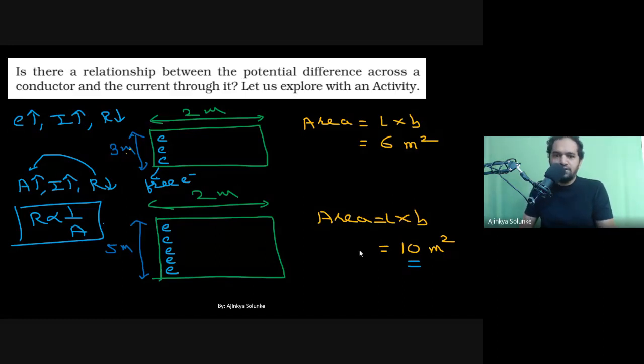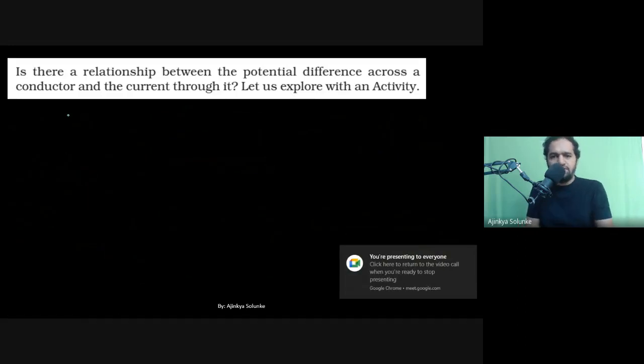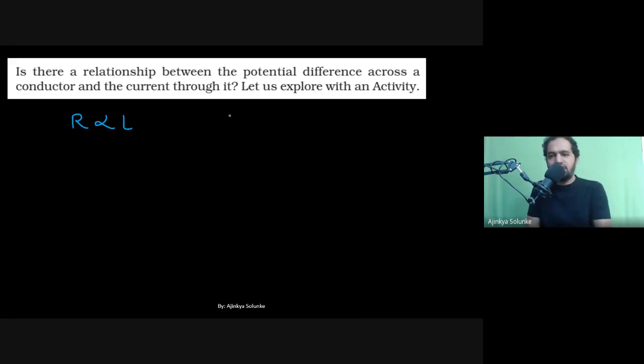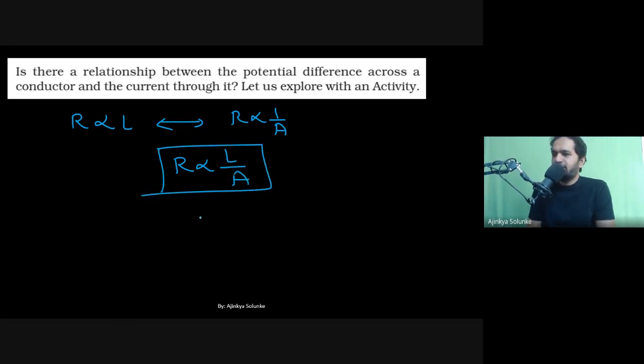Okay, good. So can we mix up these two things? First thing, we said that resistance is directly proportional to length. Second thing, we said that resistance is inversely proportional to area. So can we combine both of them? The combination would be resistance is proportional to L by A. Okay, let us combine this. If I want to remove the proportionality, I would put an equal to sign, then put a constant there, and then again length by area.